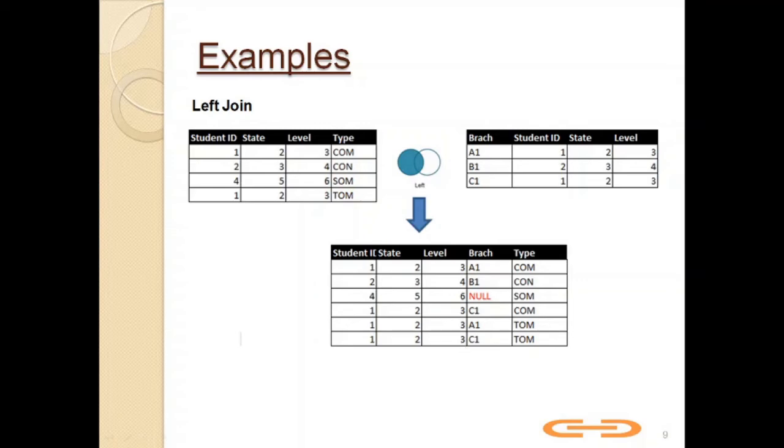Let's see an example of left join and blending so that we can understand clearly how they differ from each other. In a left join, a query is sent to the database where the join is performed. A left join returns all the rows from the left table and corresponding rows from the right table. The results of the join are then sent back to Tableau and aggregated for displaying in visualizations.